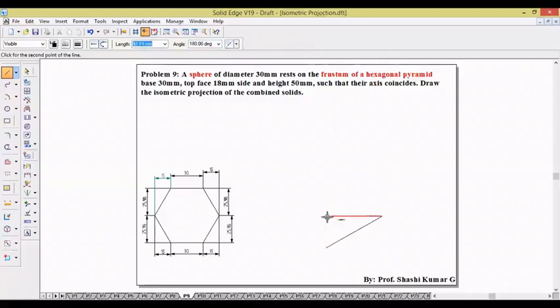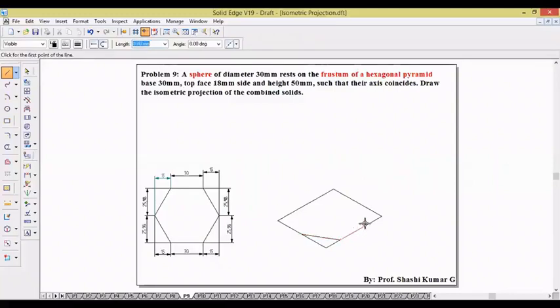Then 25.98 we need to take on 150 degree. 25.98, 150 degree. 15 minus 150, 30 minus 150, 15 minus 150, then 25.98 minus 30 degree. 25.98 minus 30 degree. If we join the end points of this,